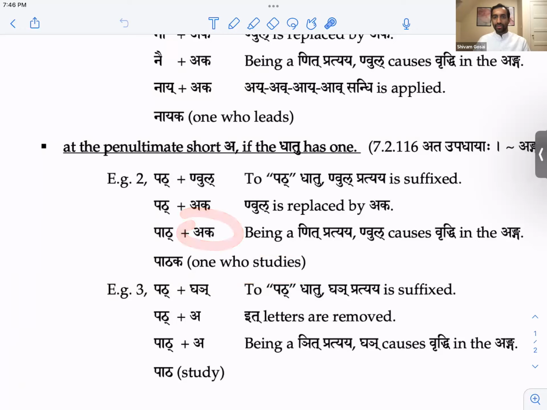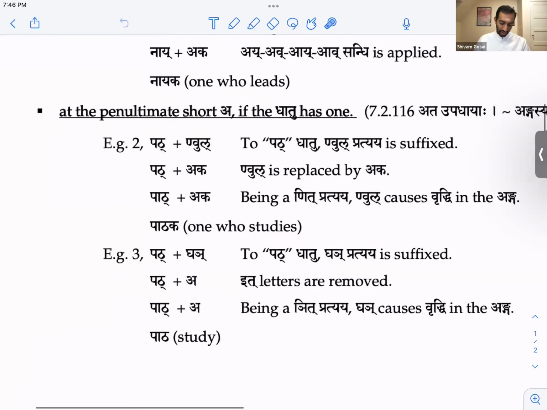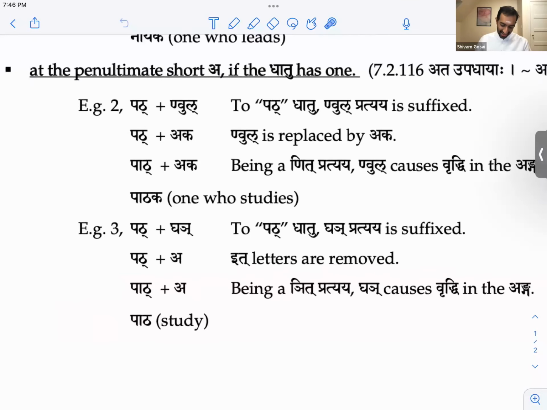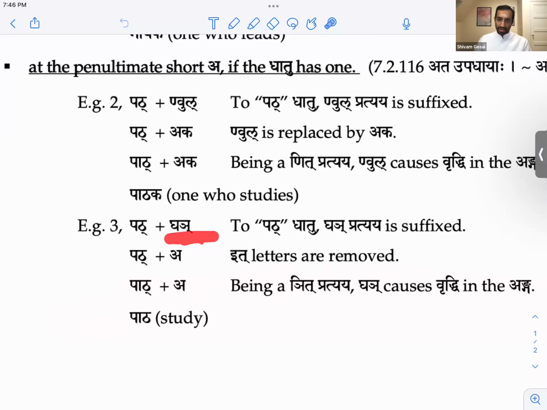Aka is kartari. This rule is kartari, so it's the one who does something, one who leads, one who studies. Okay, here, this one is why we were talking about this. We have Ghañ. So to pat, dhatu Ghañ, pratyaya is suffixed. Now, it letters are being removed, ga and na.